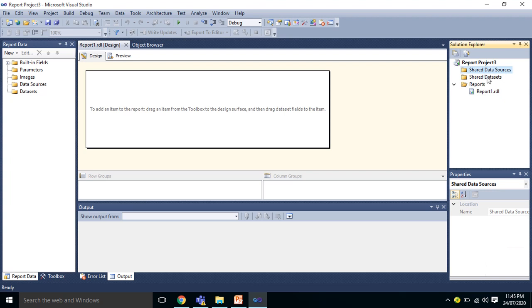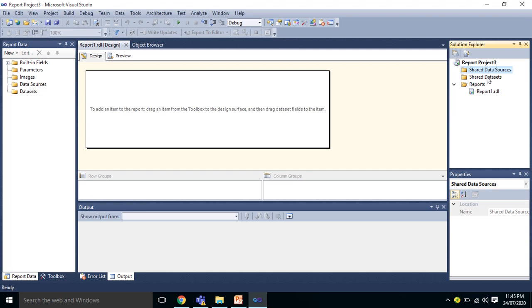Now we can see a shared data source option. If you remember, while we were using the report wizard, we had to mention the database connection. The database connection is nothing but the data source. In order to create any report, we should create one data source.